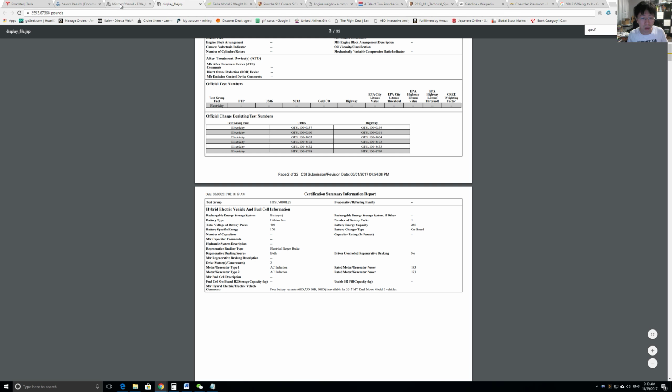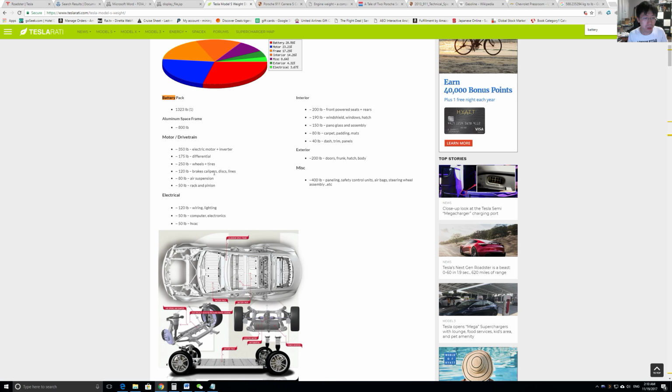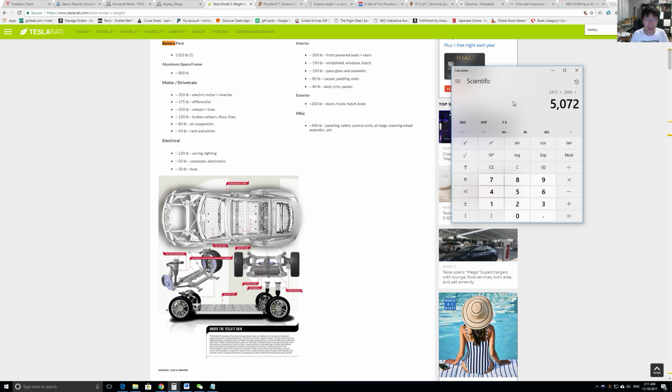And you also need the drive units, right? So if you go back here, you have 350 worth of electric motor and inverter. And remember, we have an additional motor and potentially a bigger inverter. I think in the last computation, I actually added just 70. Now I think maybe it's more like 100, because your inverter will be bigger. You're now taking more power and feeding it into your motors. So now you have to add the 350, and then add the additional 100 pounds. So you're looking at